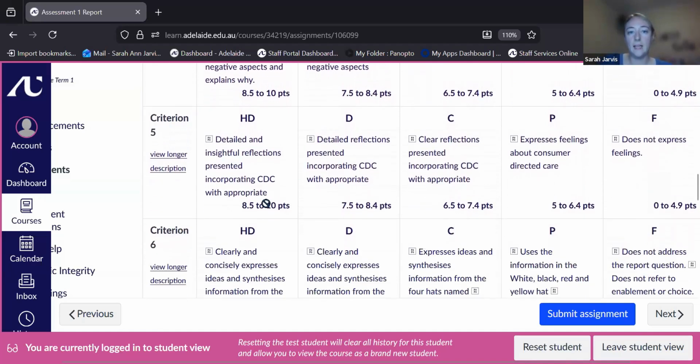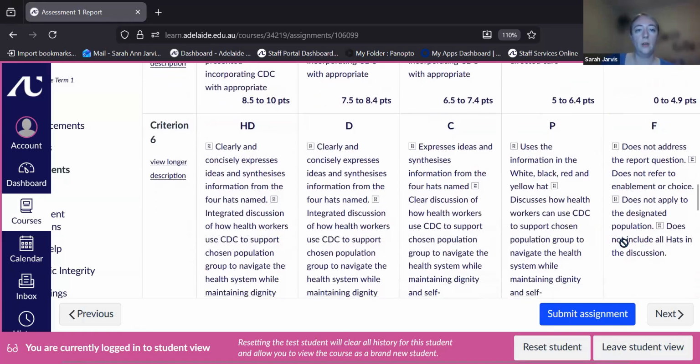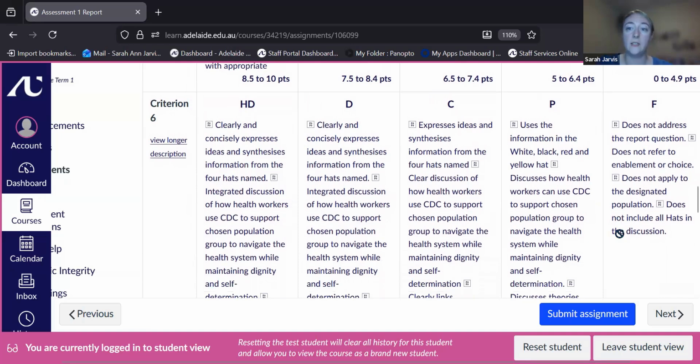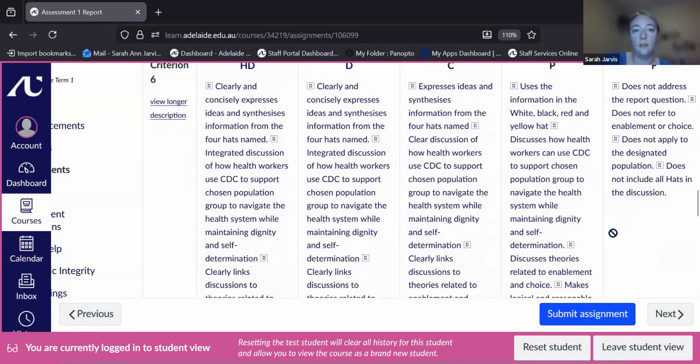Criterion 5 is the red hat. So you're presenting insightful reflections, incorporating CDC. So there's not as much detail in this section of the rubric because this will be quite varied depending on your personal experiences. Criterion 6 is the green hat. So there is quite a lot of detail in this section. This is the section that we recommend around 500 words being dedicated to. So there's quite a lot of detail. You want to synthesize information from the